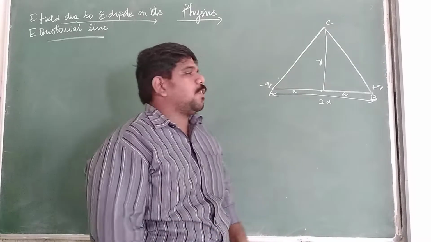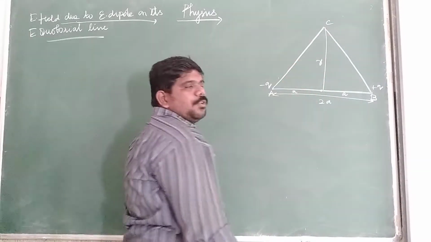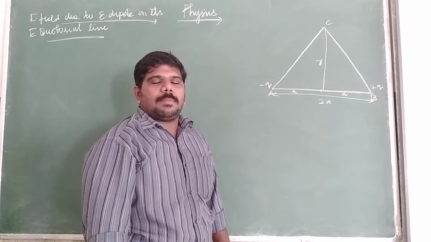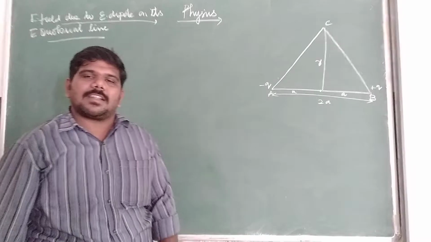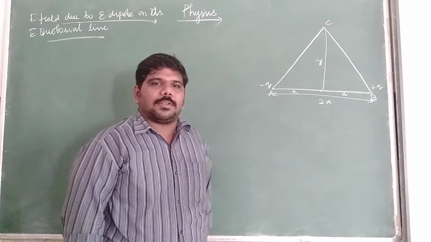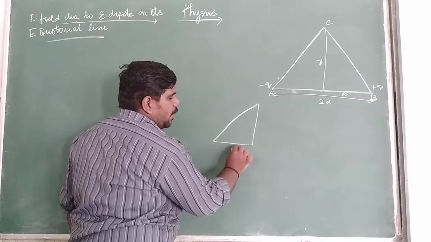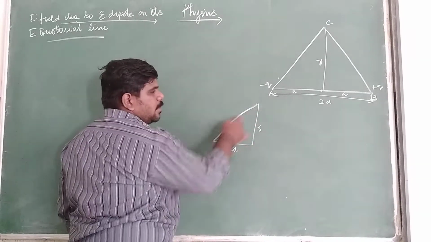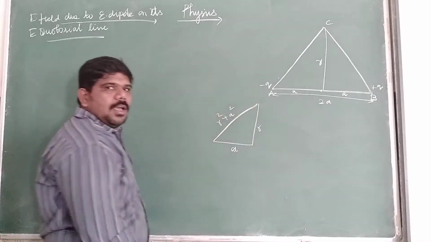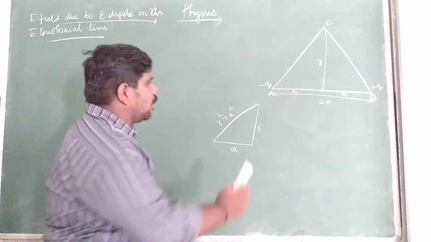Before we go further, if we have a right-angled triangle and want to find the hypotenuse, what formula do we use? Pythagoras theorem. The square of the hypotenuse is equal to the sum of the squares of the other two sides. Assume the sides are a and r. So the distance squared is r square plus a square. Clear?